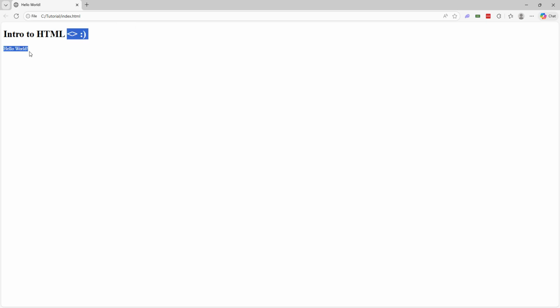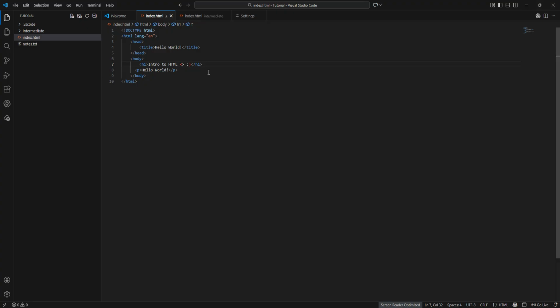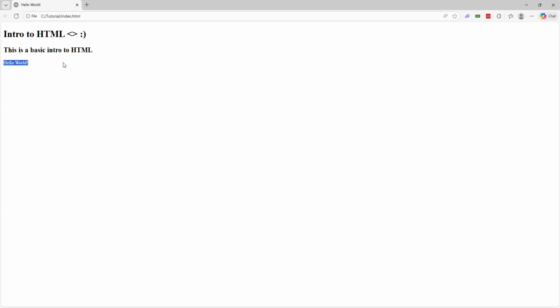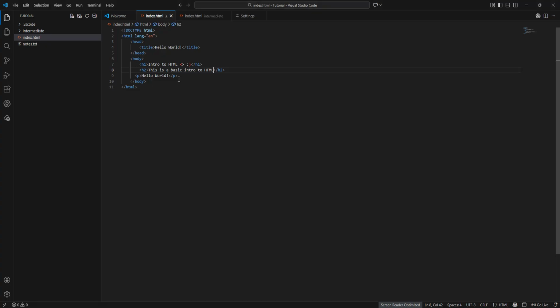You don't have to, but now after the p tag, let's talk about smaller headings. Let's say you wanted a subtitle, so you would do h2. So subtitle would be, this is a basic intro to HTML. So now you would have a subheading. And now you can do h3, h4, h5, h6, all the way down to h6. So h6,